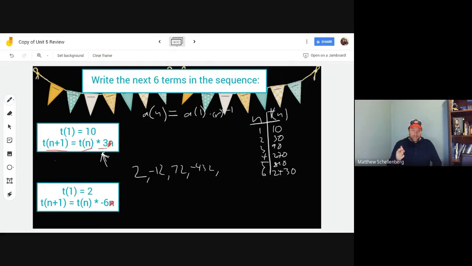Then you have to multiply that by 6. You can feel free to use a calculator, but that would be 2592. And finally, that times 6 would be